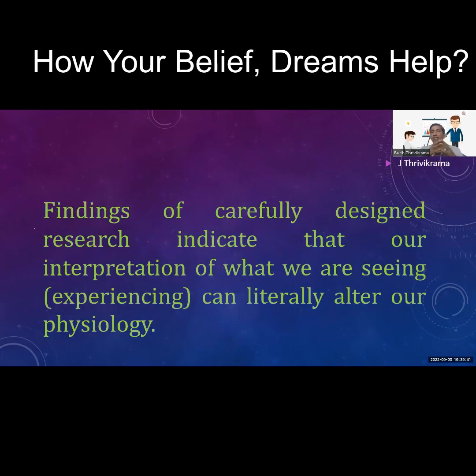Findings of carefully designed research indicate that our interpretation of what we are seeing or experiencing can literally alter our physiology. It means whatever your brain interprets of the information that's coming to you, you are altering your physiology. Your physics is changing accordingly. If you decide that I am healthy and keep repeating that affirmation, your brain starts producing new neurons, making the pathways open for you to be healthy. If you think the other way around,